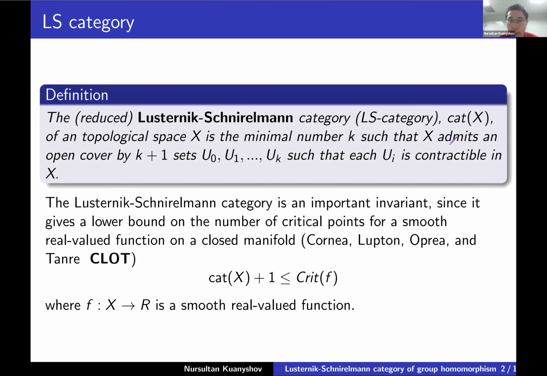So let's start from the definition. What is the LS category, or Lusternik-Schnirelmann category? The Lusternik-Schnirelmann category of a topological space X is the minimal number k such that X is covered by k+1 open sets, and each open set is contractible in the ambient space, namely in X. And this is an important invariant. Namely, it has homotopy invariance. For example,